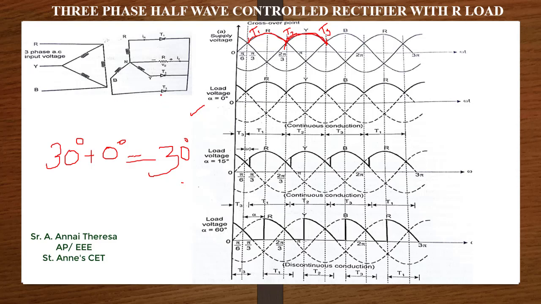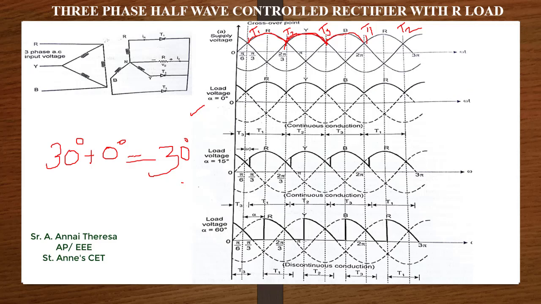Since B is connected to the thyristor T3, now I am going to trigger the thyristor T3 at this point. When I am triggering thyristor T3, then what will be the output? This B phase voltage will appear across the output. See here. Then again R phase, R phase means T1. Here T1 will be triggered, then again here T2 will be triggered. So it continues like this, R Y B, then R Y B, it continues like this.